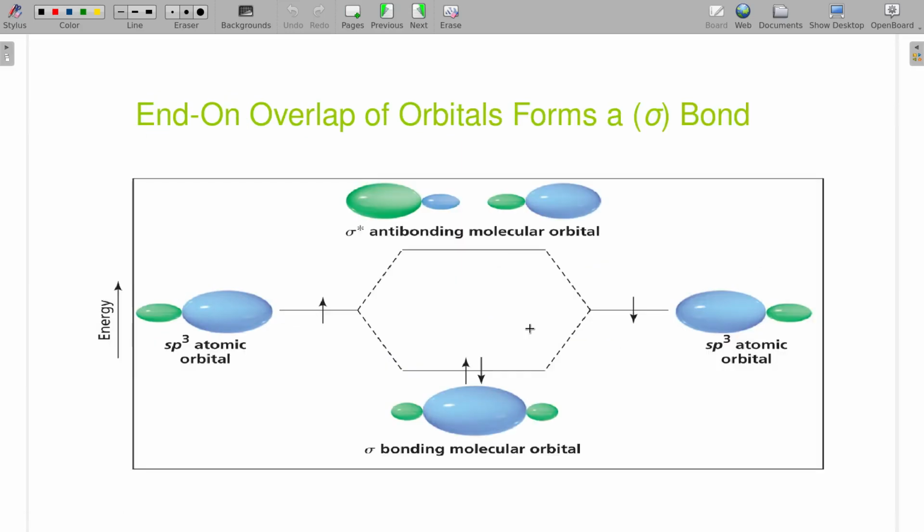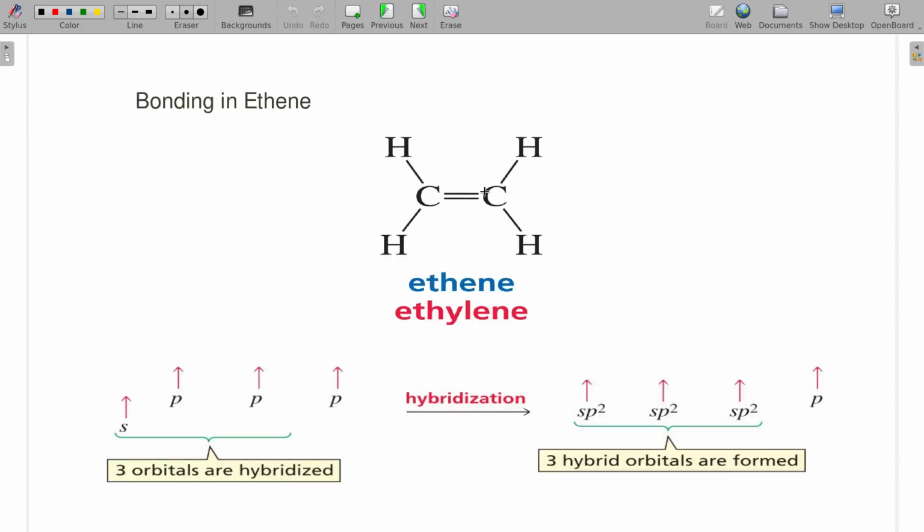Now, if I go and look at what the p orbitals do, I'll see that the p orbitals can do the exact same type of thing and make sigma bonds. You just have to have the p orbitals or the sp orbitals overlap in phase with each other. What I mean by that is they need to overlap directly between the 2. If the overlap is directly between the 2, you get the sigma. And if you do those out of phase, you get that sigma star, always.